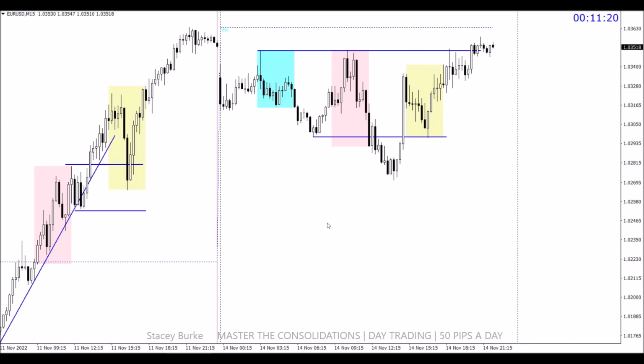The euro is a good example of where the market put in a high and low in Asia, broke through the low of the day and reversed prior to our 12 candle window. This now, different from the pound, has put in potentially a peak formation low. They haven't broken any other boundaries. They've pulled back inside and then traded back down into that low in our 12 candle window into the New